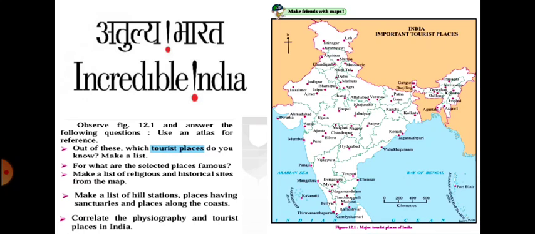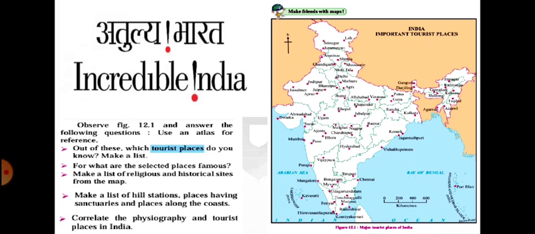Rameshwaram is famous for Shri Ramanatha Swami Temple, Agni Tirtham, the five-faced Hanuman Temple, Dhanush Kodi, etc. Port Blair is famous for the historic cellular jail and other small islands like Ross, Viper, etc. Panaji is famous for Our Lady of the Immaculate Conception Church, Basilica of Bom Jesus, Dr. Salim Ali Bird Sanctuary, Goa State Museum, etc.